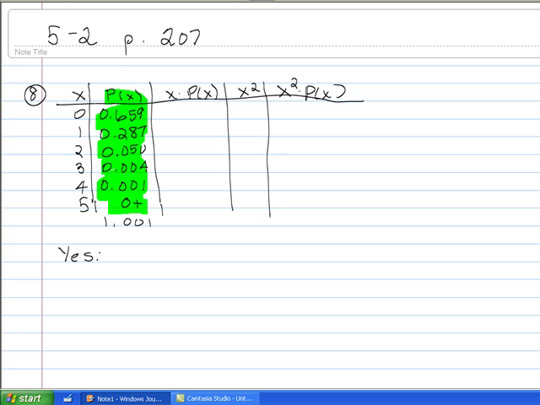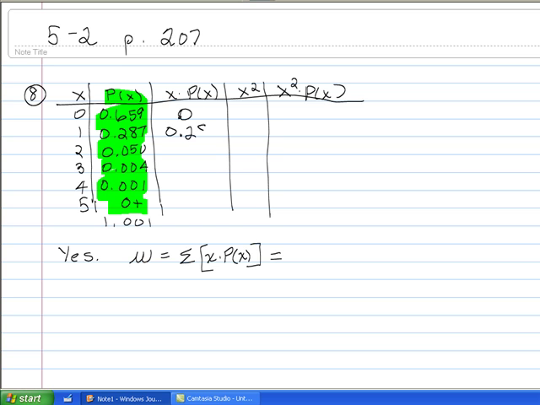Okay, if you remember, the formula for the mean is the sum of the x's times p of x. So we want to take each value of the random variable, in this case from 0 through 5, and multiply it by its corresponding probability. And you can see I already have the table set up, so I'm ready to do that. So 0 times 0.659 is going to give us a 0. Our next one, 1 times